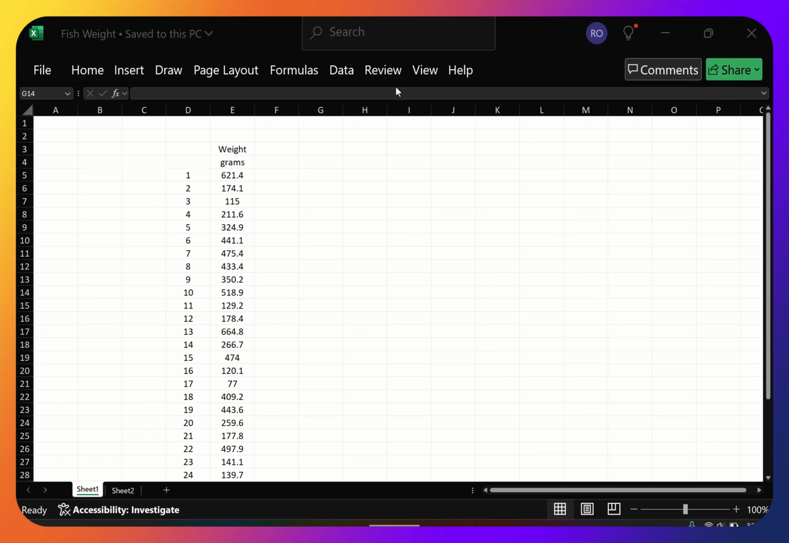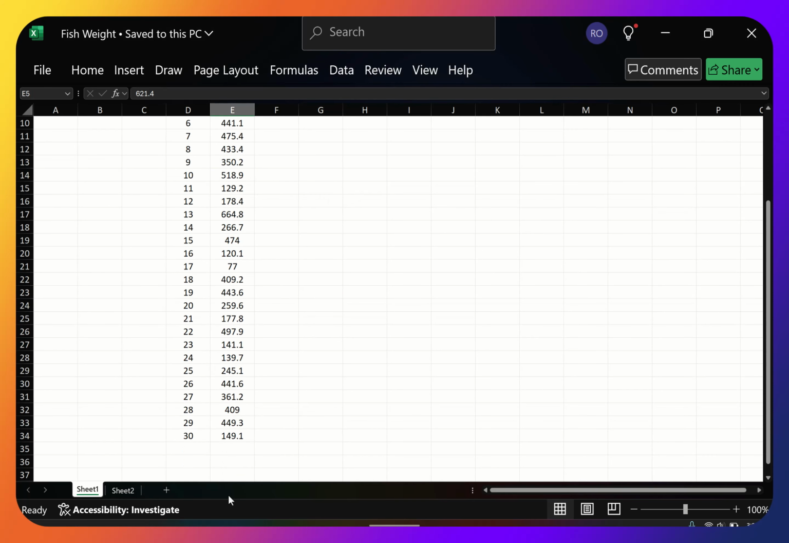This is a recording of using the mean, median, and mode commands. We have a list of 30 numbers, and we want to calculate the mean. We can go anywhere on the page or anywhere on any page